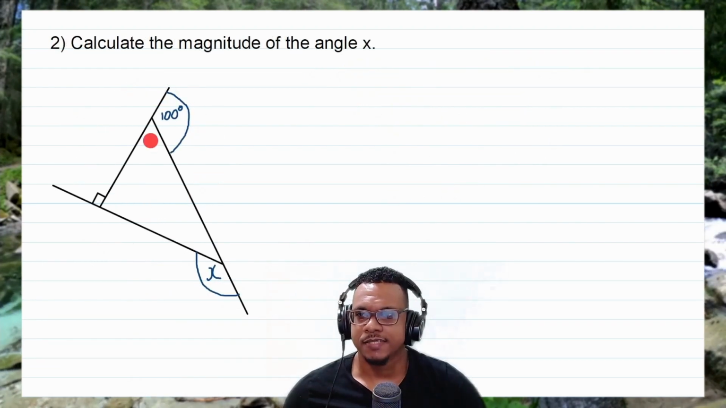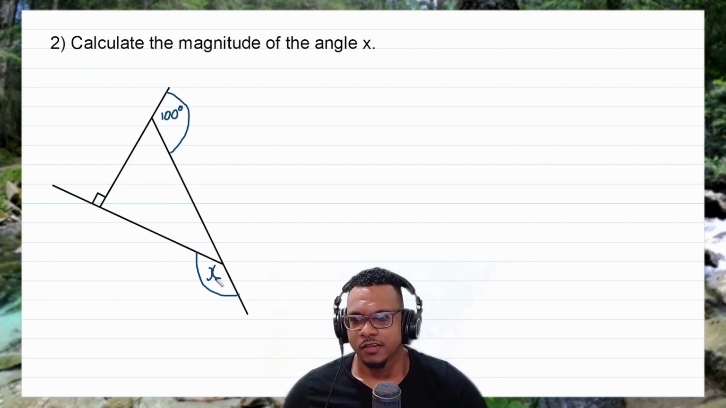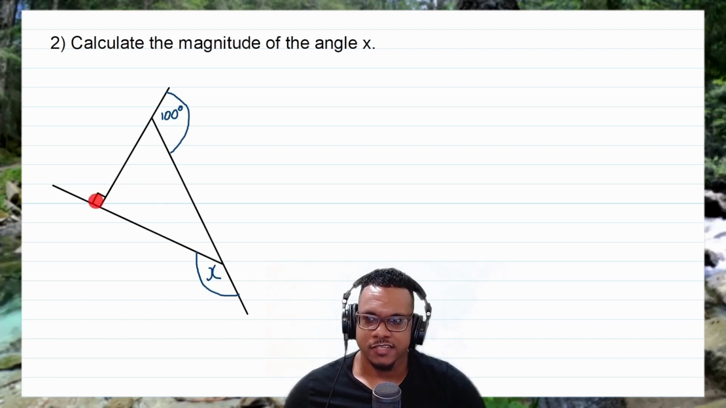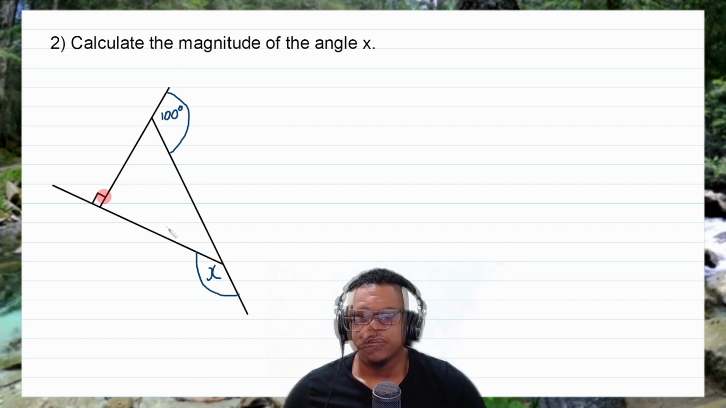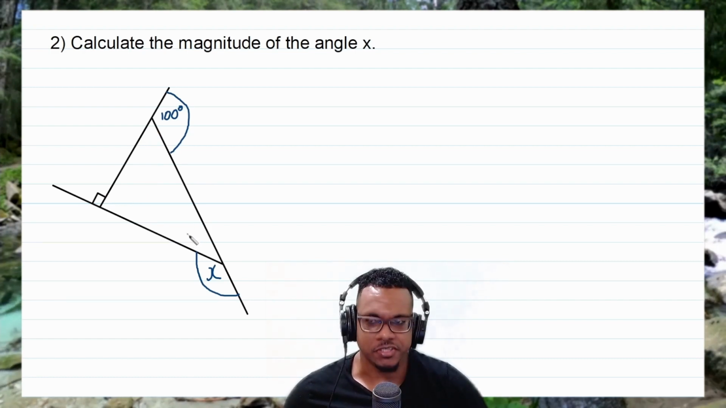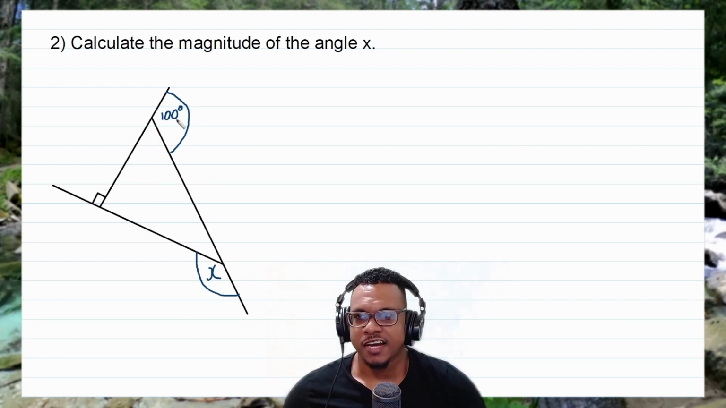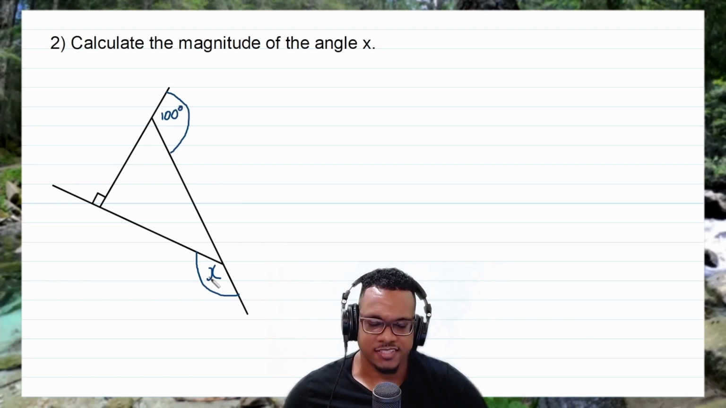So here I have my second question, where I want to calculate the magnitude of the angle x. Now x is one of the exterior angles. I have the other 2 exterior angles here, 90 and 100. Now this is a triangle, and we know that the sum of the interior angles of a triangle is 180 degrees. But we are dealing with the exterior angles here, and the sum of the exterior angles will be 360 degrees. It doesn't matter how many sides we have. The sum of the exterior angles of any polygon would be